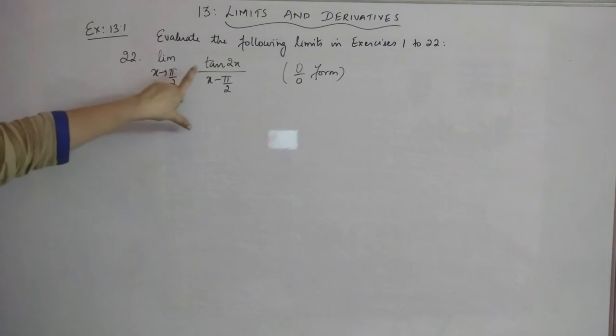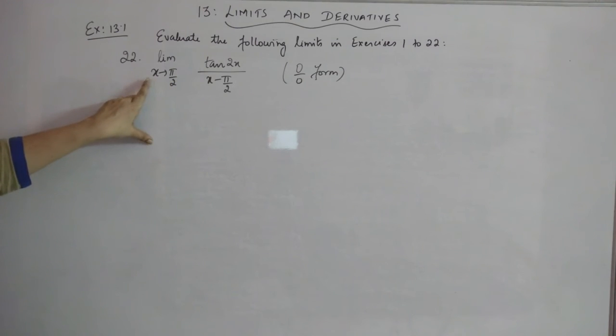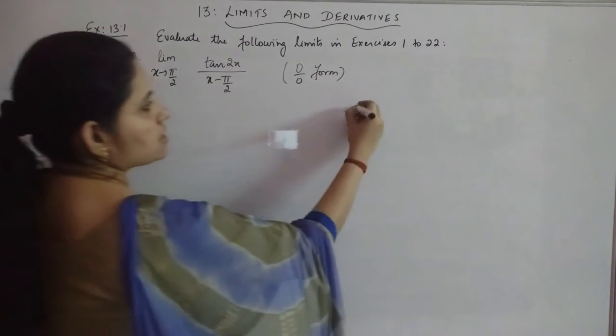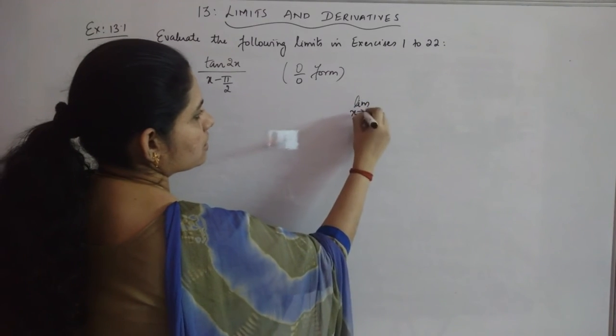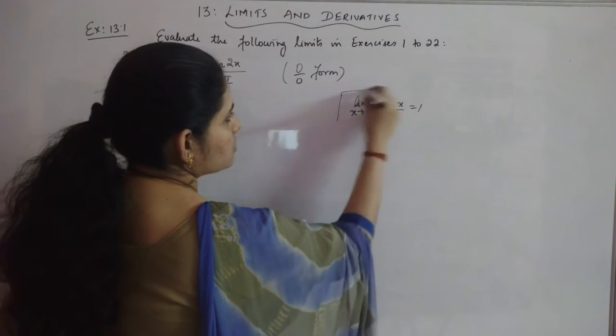Now again, when you have tan function, what you need to make is the limit should also tend to 0, and whatever you are getting here should be in the denominator. That is, we are just going to compare with this. Limit x tends to 0, tan x by x is equal to 1. This is what we know.